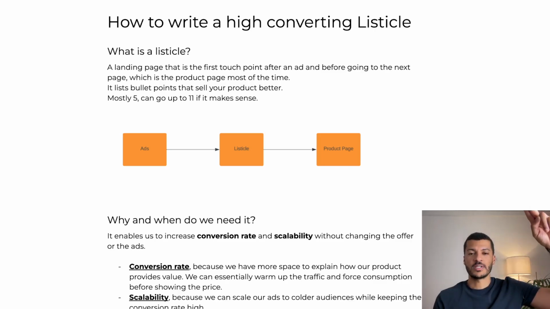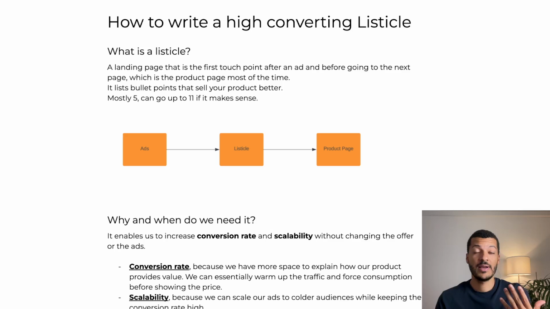Hey, fellow e-commerce scalers. If you're at a point where you're stuck, you cannot scale your brand, your products, maybe you've figured out what your front end offer is, maybe you have some UGC ads or some ads running that are performing decently, let's say, but you cannot really push the budgets, right? Every time you start to increase budgets above a certain point, be it $500 a day or $1,000 a day